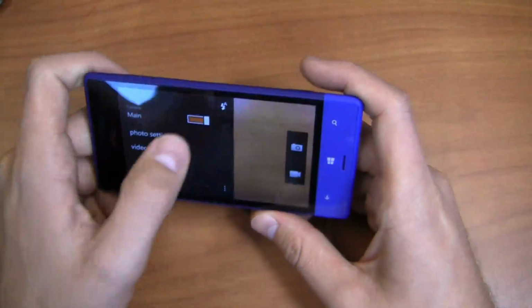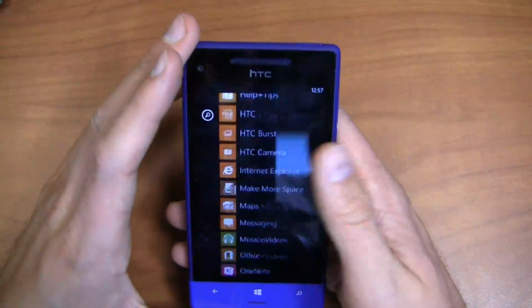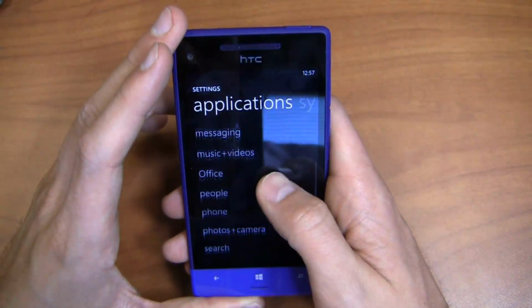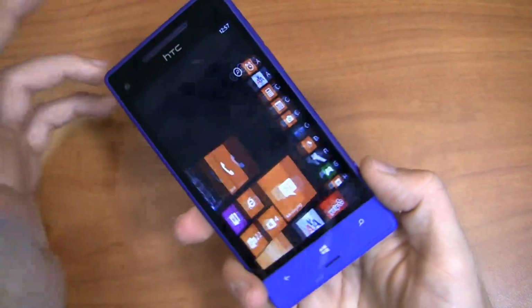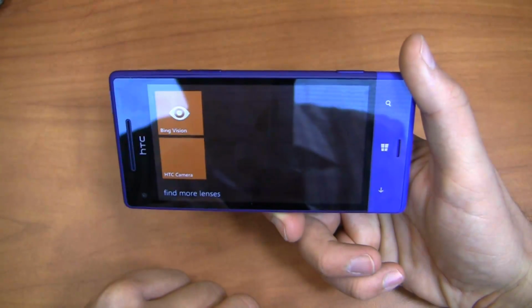Swipe up, camera, you can see flash there as well. Now let's say you don't want that. For whatever reason, you want the stock application. Well, you can easily go into settings, move over to applications, go to photos plus camera, and then switch over to built-in app. And then when I click the button, it takes me back to my stock application, and then